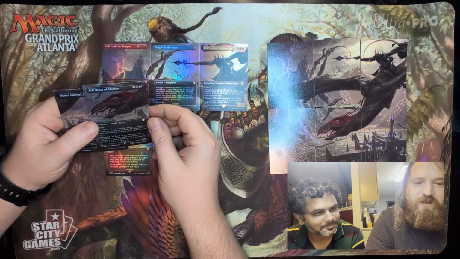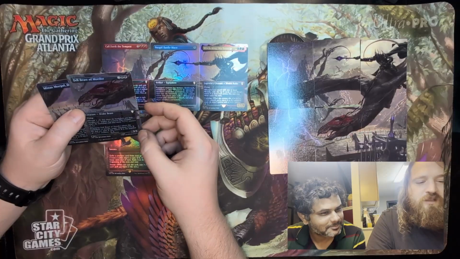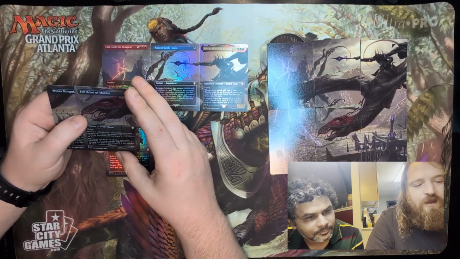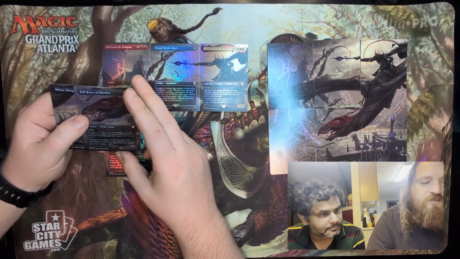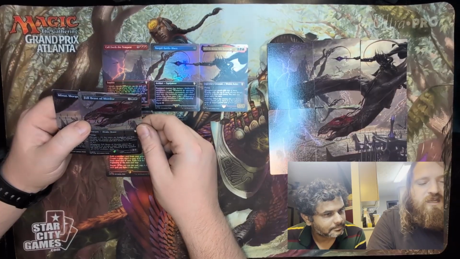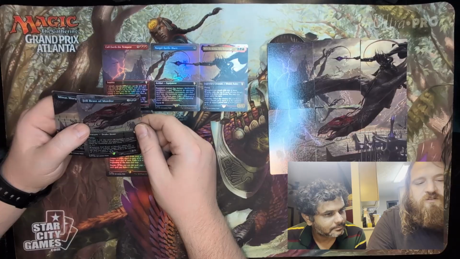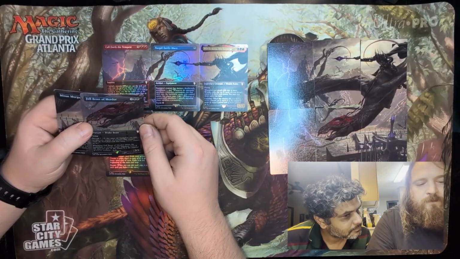Then we've got the Fell Beast of Mordor. It's 2 mana and 2 black for a 3/3 Drake Beast. It has flying, Devour 1. So as it enters the battlefield, you sacrifice any number of creatures, and this creature enters the battlefield with that many +1/+1 counters on it. So when you cast it, you can sacrifice 3 creatures, and then it'll come in with 3 additional +1/+1 counters,